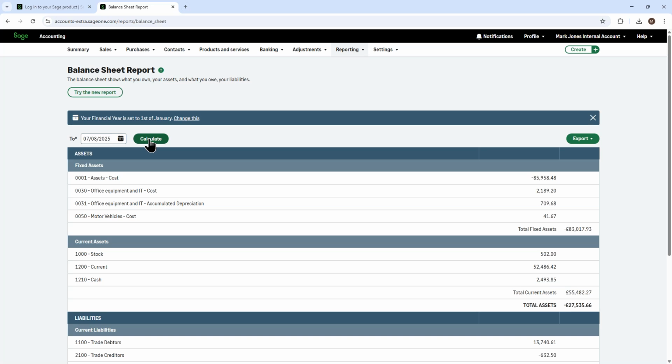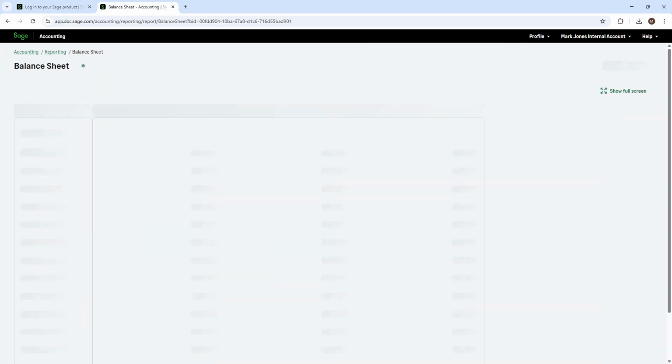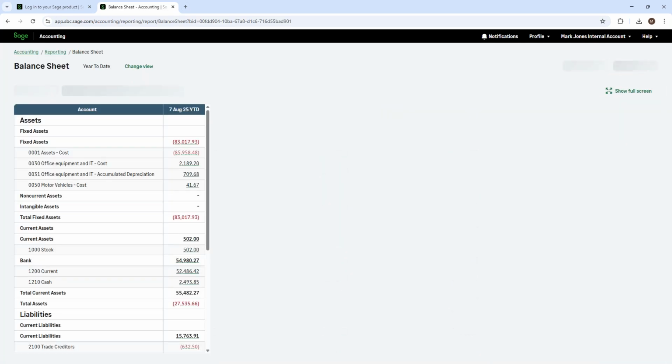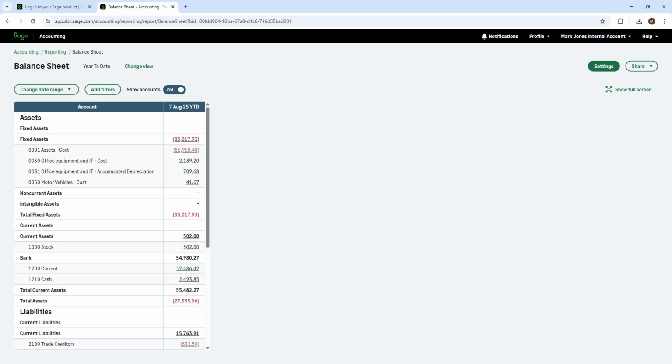So like I said, a balance sheet is a snapshot of your business financial position at any given day, and it's usually calculated at the end of the quarter or year. And balance sheets are also useful in summarizing your business's assets and liabilities. So to jump straight into the new report, which I can get to from my reporting suite screen, click on try the new report. It's opened up straight away, and now we can